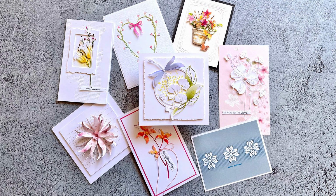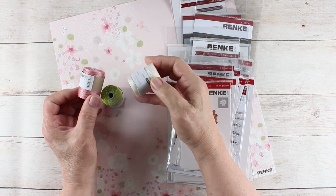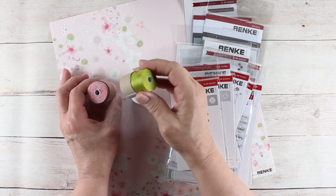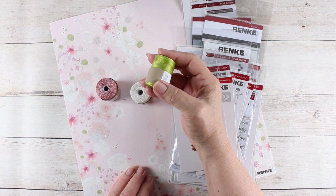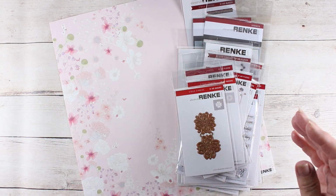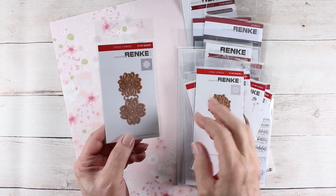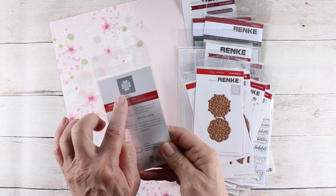They do wonderful designs. We're going to take a closer look at all of these projects, but let's look at some of the new goodies. So we have the rose twine and the fern twine, and then back in stock is the white, wonderful for embellishing your projects. And then to start out, these are the ornament with outline, they're called, and there's 3